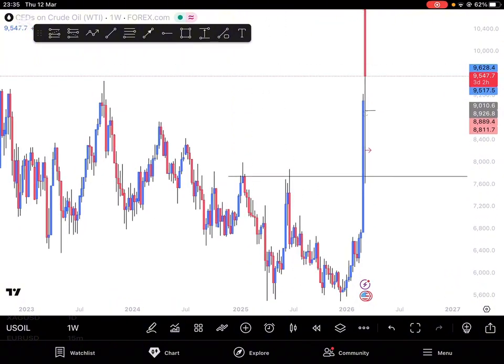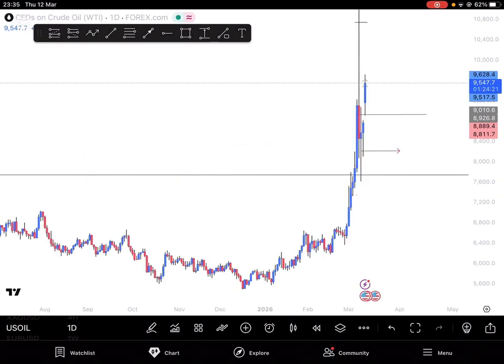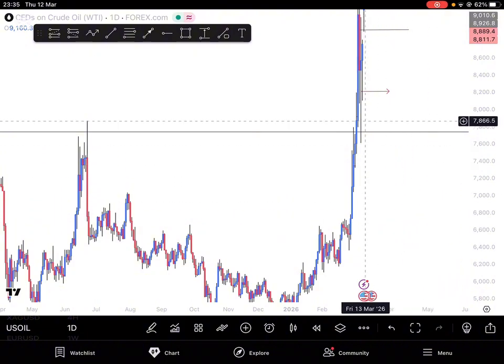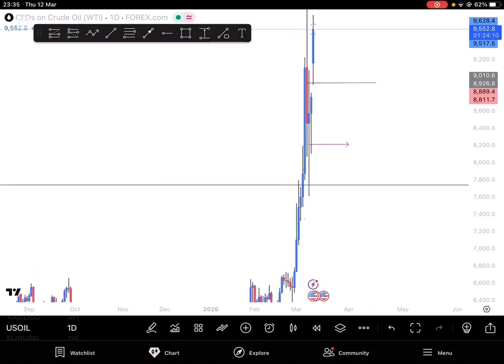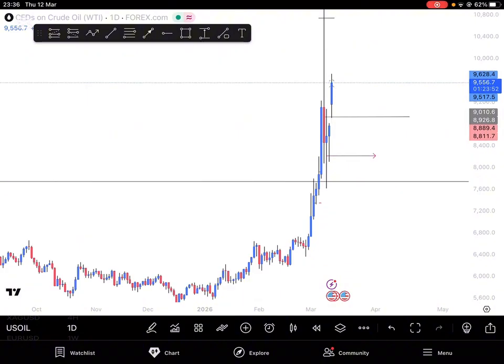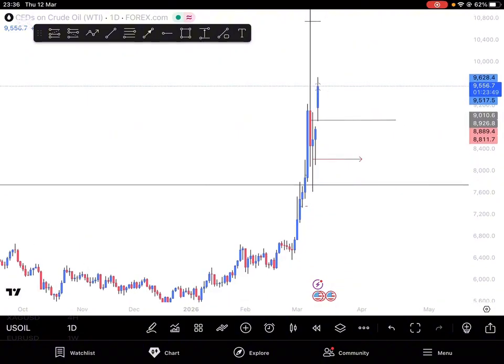Then going to my daily to confirm the move, you can see even on daily that particular zone is still the same. Once I saw this on daily, price was actually falling earlier this week, retracing. You have to know the environment you are in. So we know we are bullish, yes, we are bullish on USOIL, but what phase are we in? We are in the retracement phase here. So even though I know that price is falling, I don't